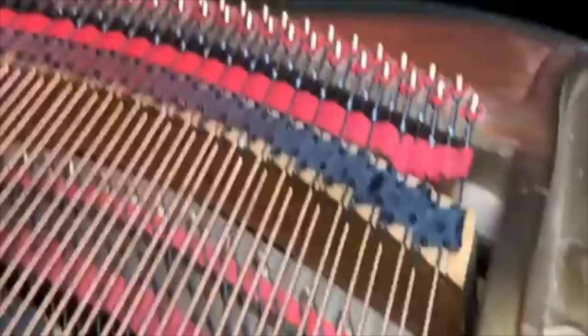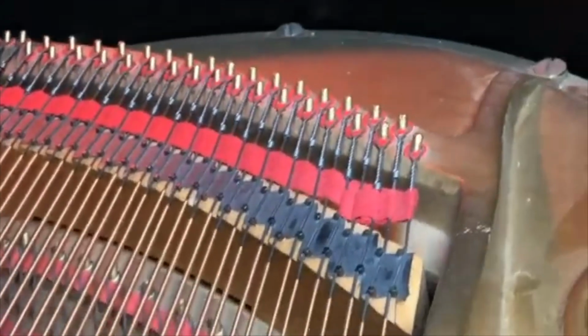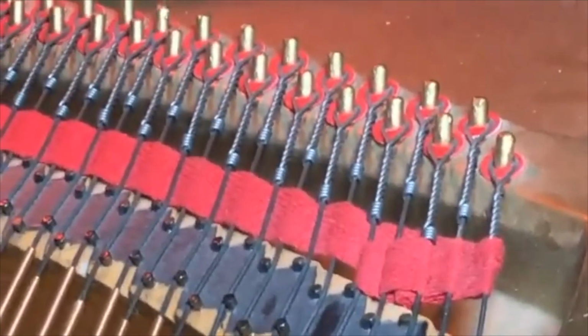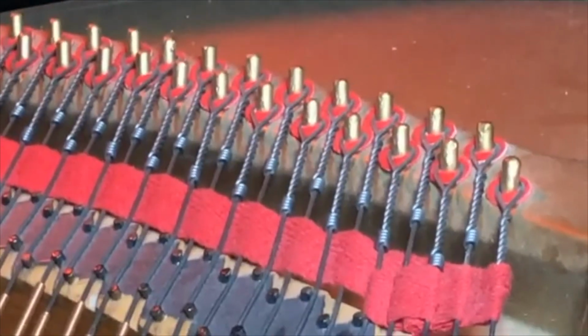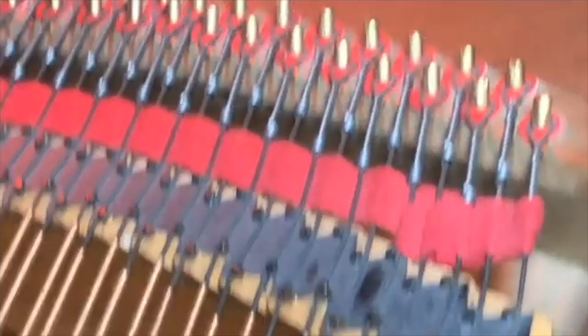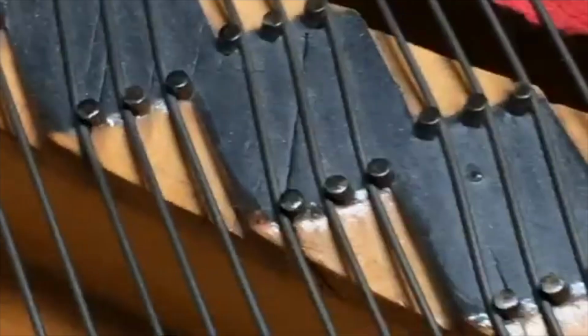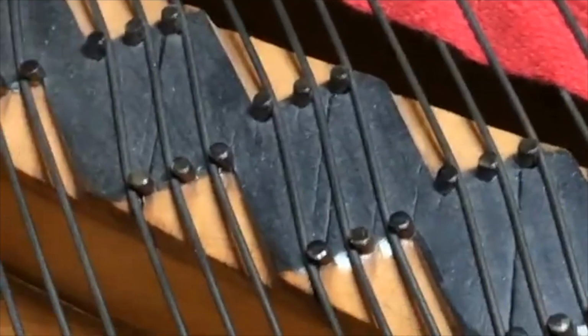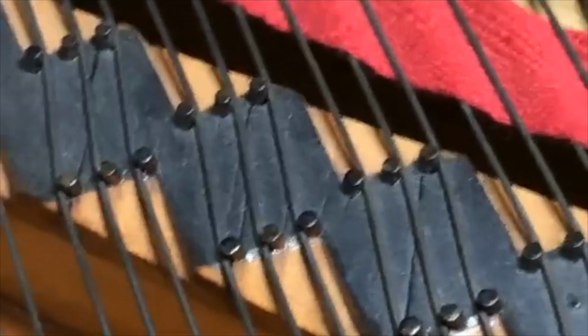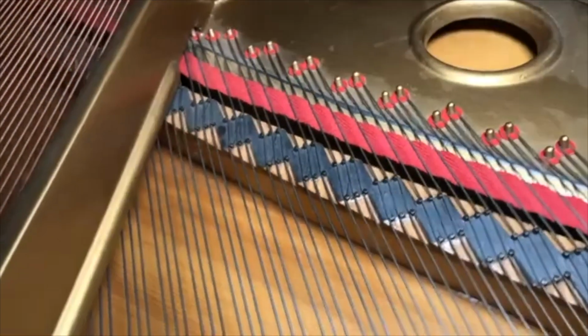The bass strings are a little bit different. When you look at the bass strings, they're obviously single, and they have the wound steel and then the loop to go over the hitch pin. But same thing. Those are areas where we want to look for rust, as well as where they go over the string guides, if there's anything rusted. All those points of contact, if there's rust, then when the string flexes and stretches, that rust could create a sticky part, and we could end up